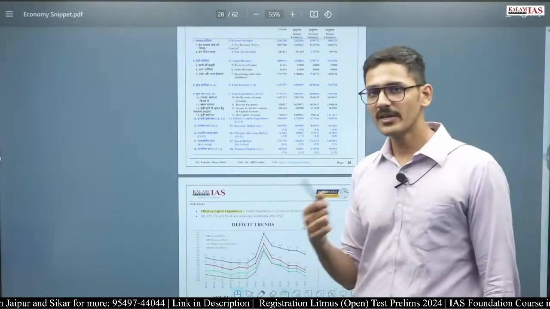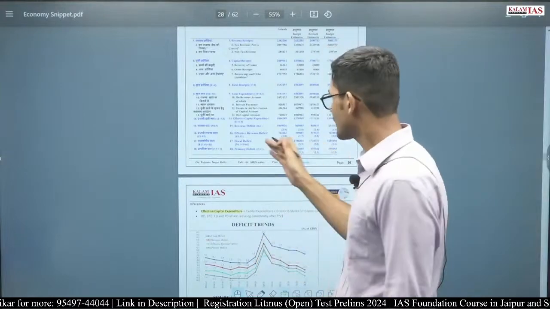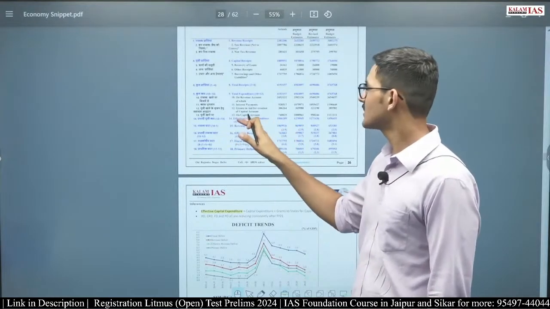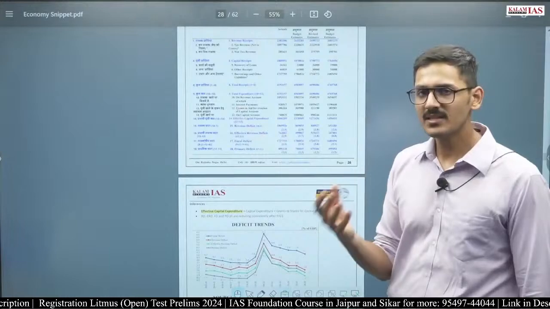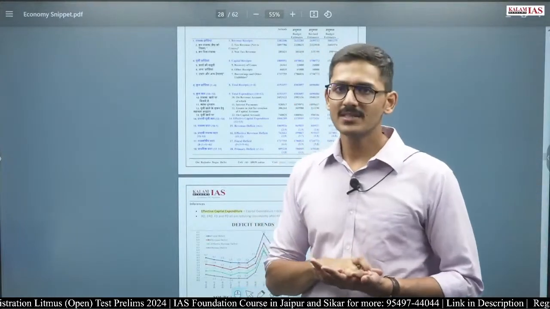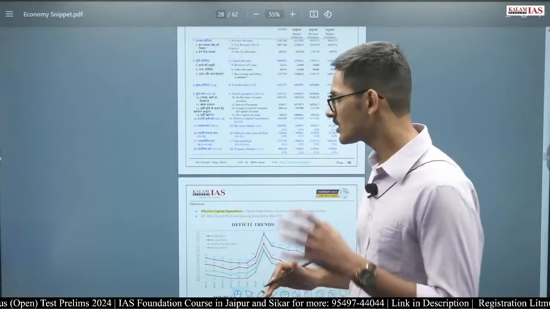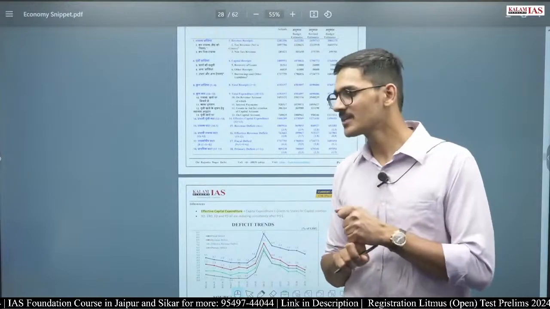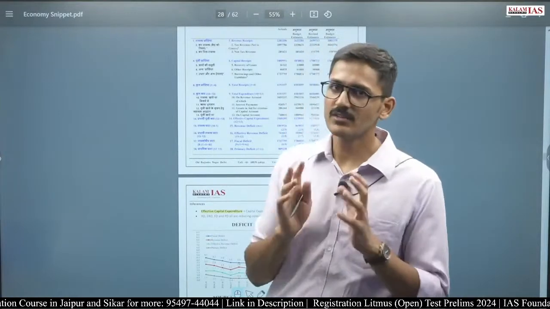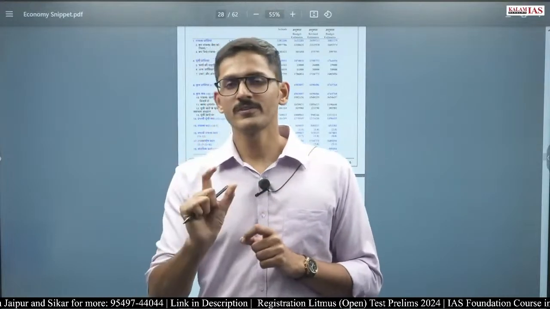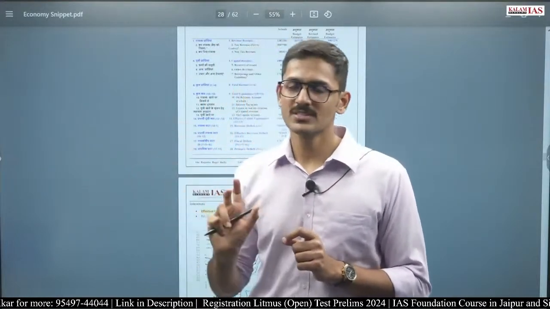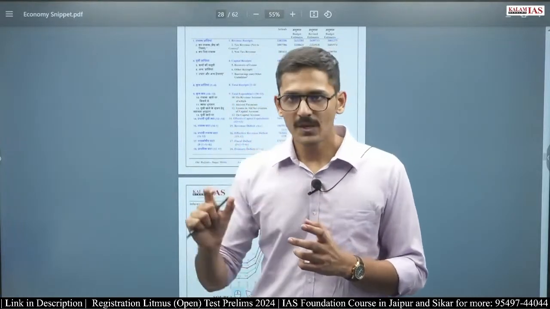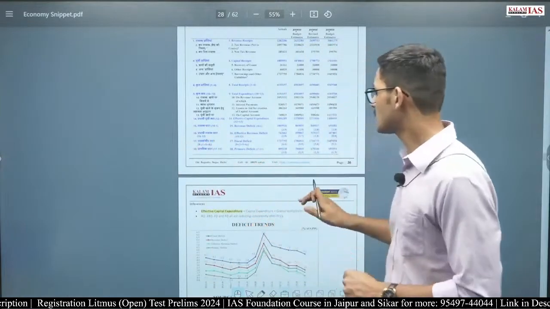Now, a lot of aspirants might not know what effective capital expenditure is. Effective capital expenditure is basically capital expenditure by the central government plus grants provided by the central government for the purpose of asset creation. So the grant provided by the central government for asset creation affects two data points: one is effective capital expenditure, other is effective revenue deficit. Effective revenue deficit is equal to revenue deficit minus grants provided for the purpose of asset creation, and effective capital expenditure is equal to capital expenditure plus grants provided for the purpose of capital creation.